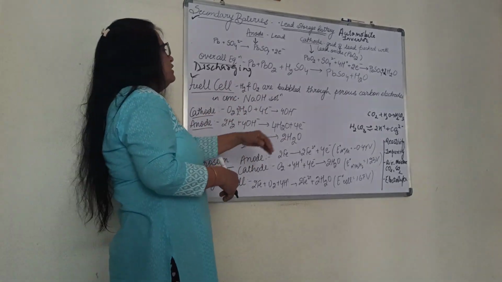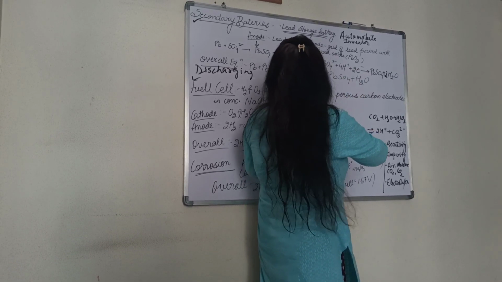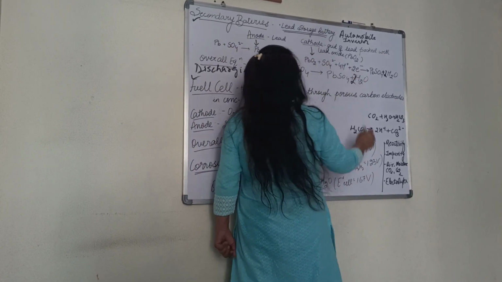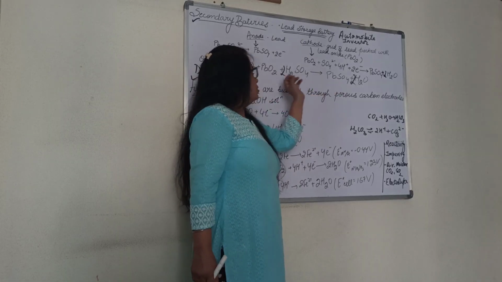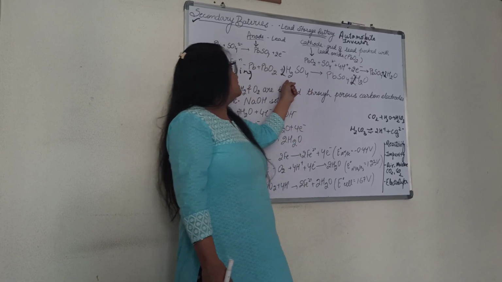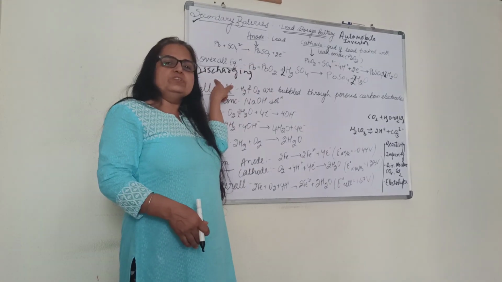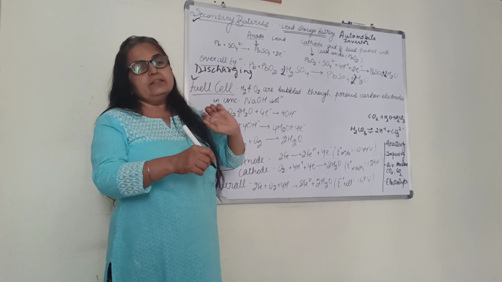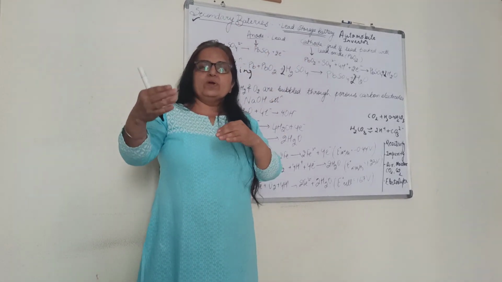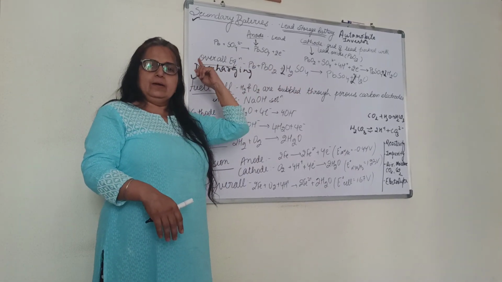Now in recharging, you will write these two. Of course, this also will be 2. No, this is balanced. I think this should be 2 here and 2 water. That of course we can balance. So the whole reaction will be reversed. Reversed means PbSO4 plus 2 water, and these will be the products. It's a very important question which can be asked in the board exam: write the reactions involved for the lead storage battery when it is in use and when it is recharging. So this is in use, recharging will be reversed.